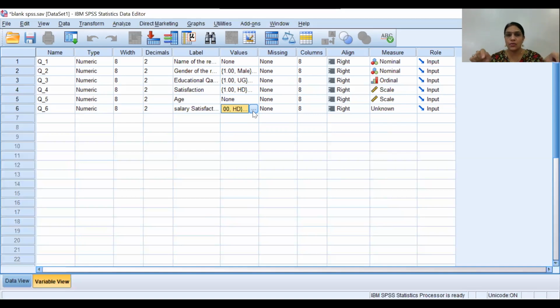Now, data view. What is a data view? I'm going to discuss. It is nothing but the entry of your questionnaire. This is the questionnaire you have created. So variable view is nothing but the questionnaire view. All the questions you have typed here with the value labels. Now you are collecting the information. Once you collect the information, you have responses available, so you can open that questionnaire and then you can enter the data.